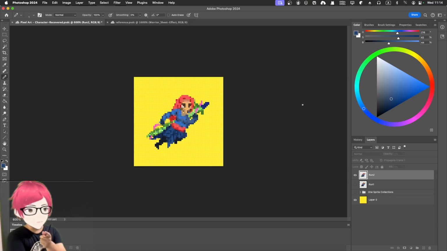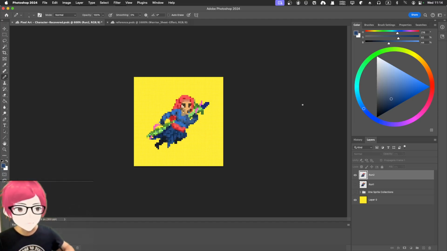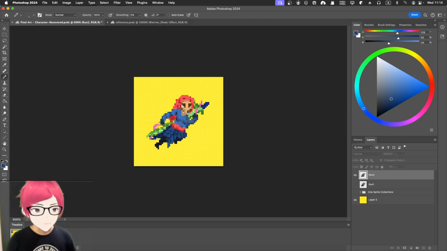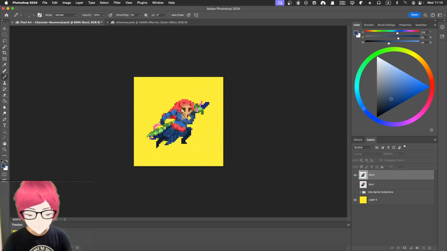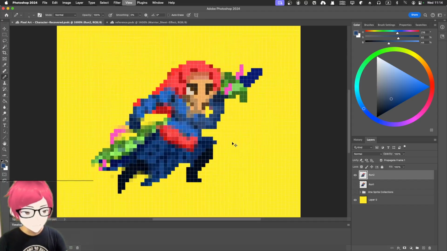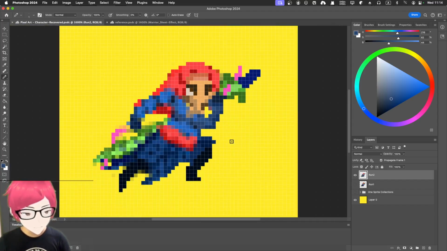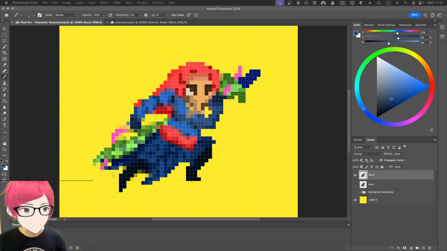Okay, the arm is not moving, like this back arm is not moving, so yeah, I have to change it. So I think it should go back still. So what I'm going to do is to